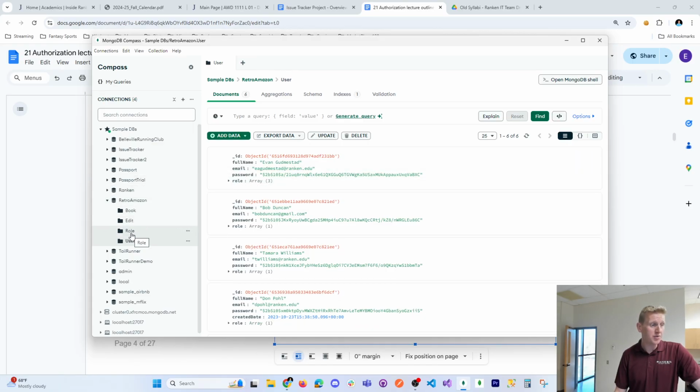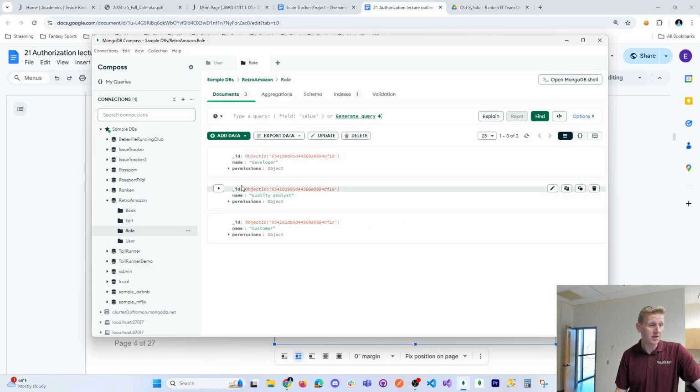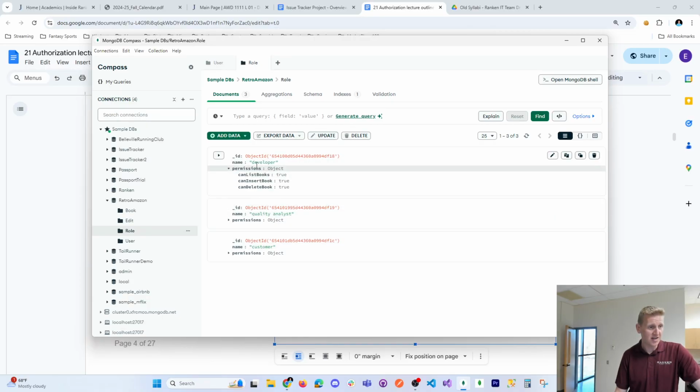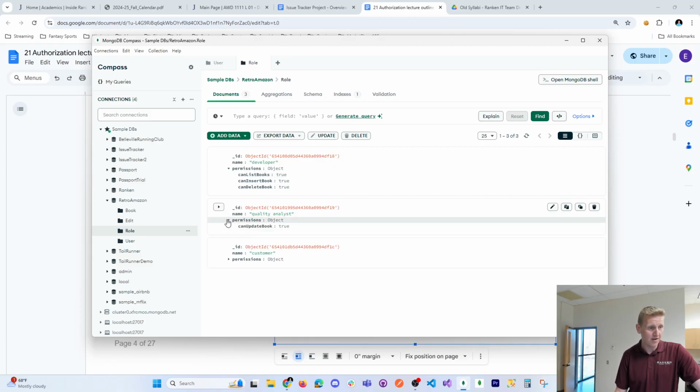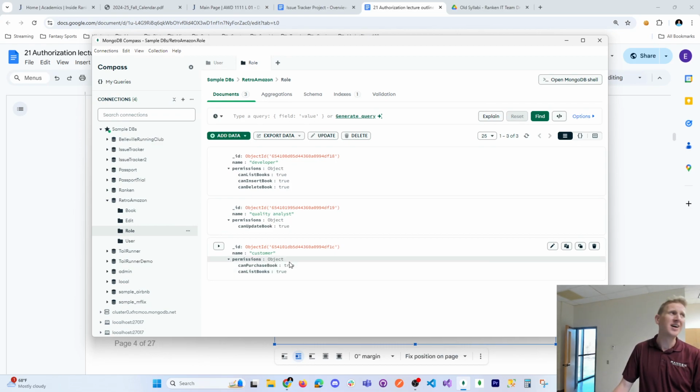And then if I go into the role collection, here's developer, here's quality analyst, here's customer. And if I look at the permissions, a developer can do these things. A quality analyst can do this one thing, and a customer can do these other things. Now,